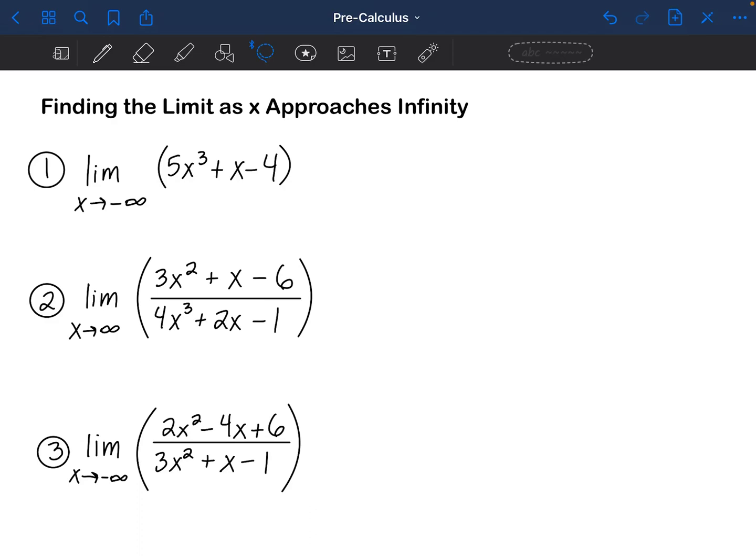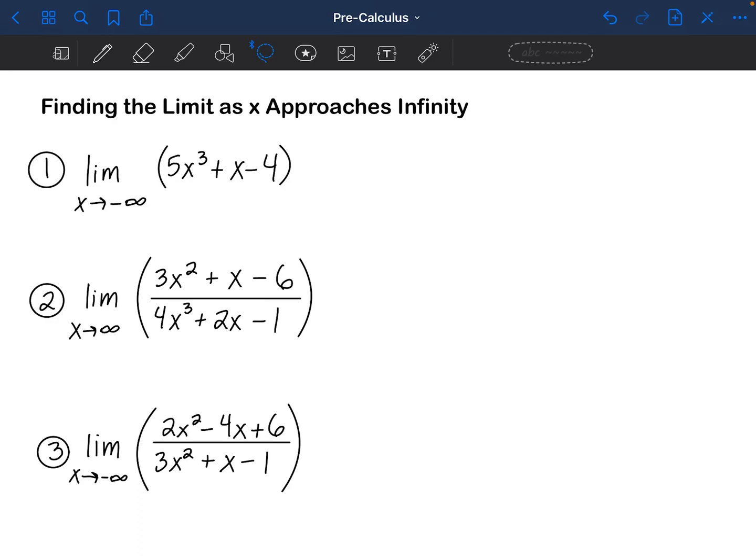Let's look at finding the limit as x approaches infinity. There are going to be three different types that we're going to see, right? The end behavior of the function, maybe it goes to negative or positive infinity. Maybe we have a horizontal asymptote and we're approaching some value, or maybe we have a horizontal asymptote where we approach 0. So looking at this first one, I'm looking at the limit of this function as x approaches negative